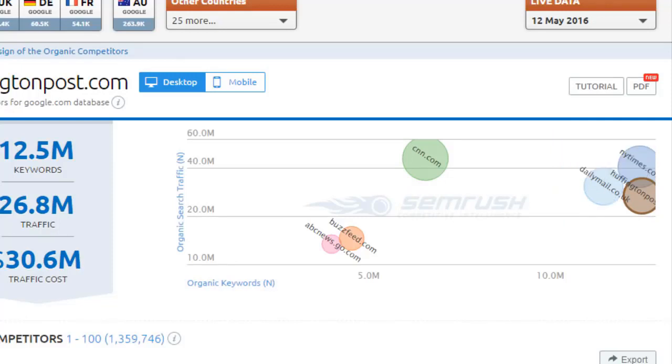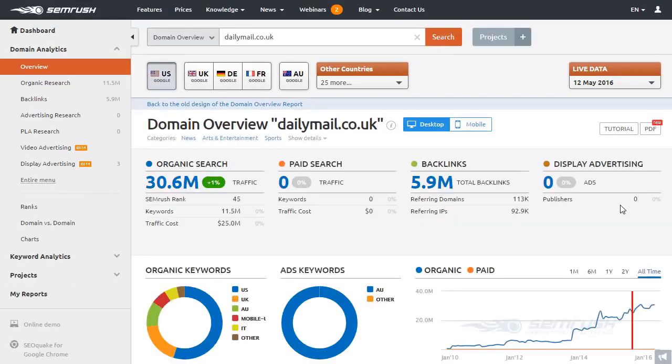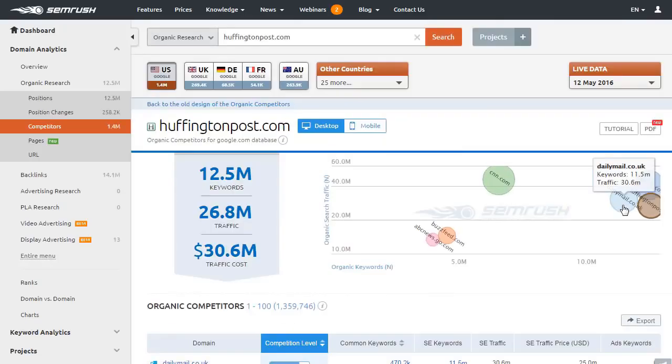If you hover over any of the circles, it's going to give us a general overview of the keywords and traffic numbers. But clicking on the actual circle is going to take us to more detailed information about this particular competitor. So you can see this is going to take us back to the domain overview, where we can get a good idea of the organic search traffic numbers, paid search, backlink numbers, keywords, all of that we looked at for our own site. But I'm going to return back to the last page